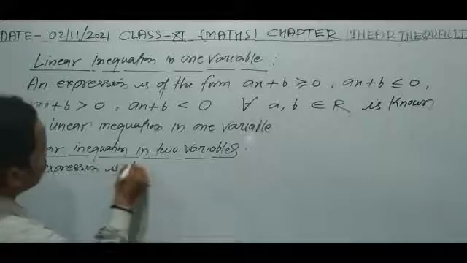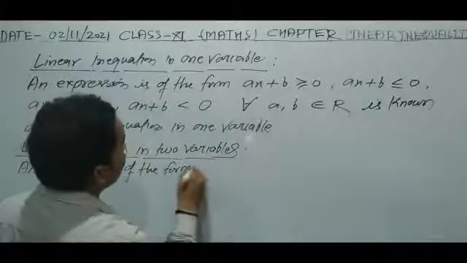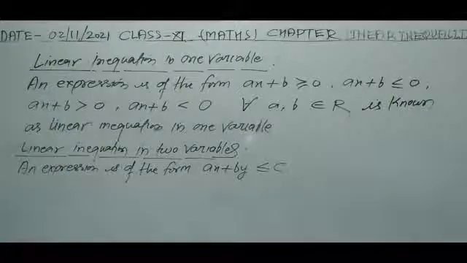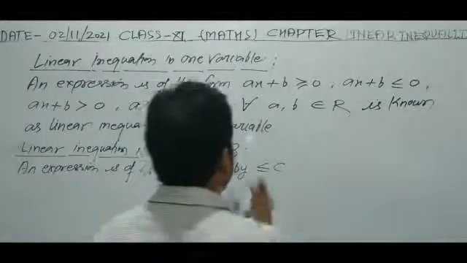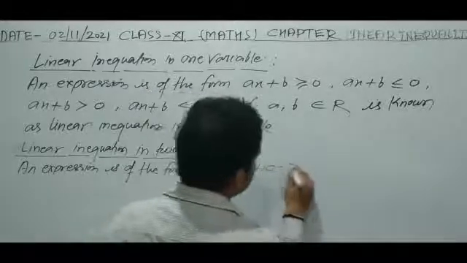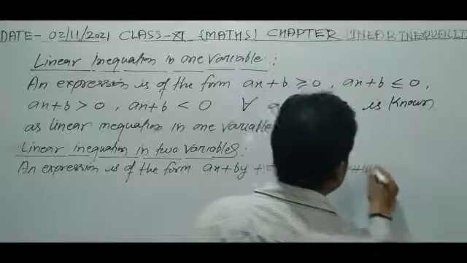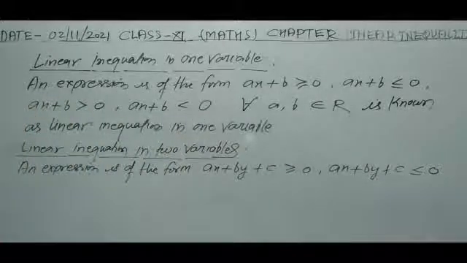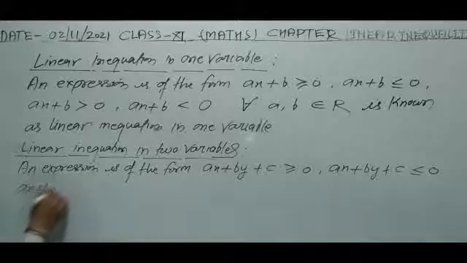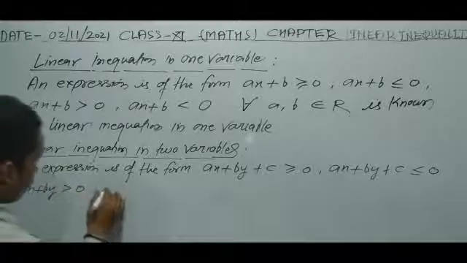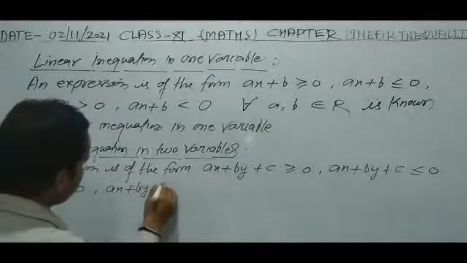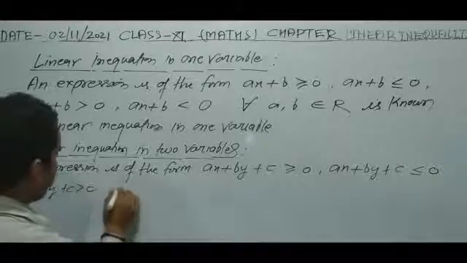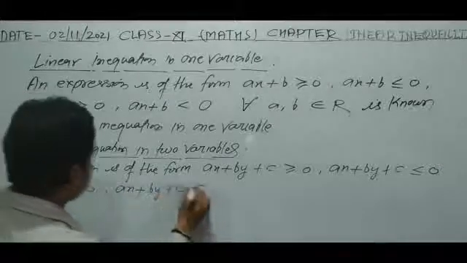An expression of the form ax plus by is less than or equal to c, or we can write this type of inequalities: ax plus by plus c is greater than 0, ax plus by plus c is less than or equal to 0, ax plus by is greater than 0, and ax plus by plus c is less than 0,